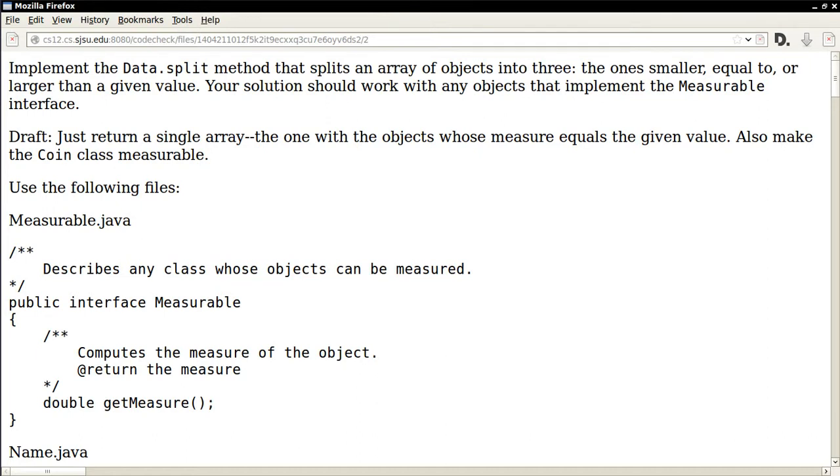In this problem, we have an array of measurable objects, and we're supposed to split it three ways: into an array of objects that are smaller than a given measure, equal to, or larger than a given measure. So there's an algorithmic issue here. So here I have my array,